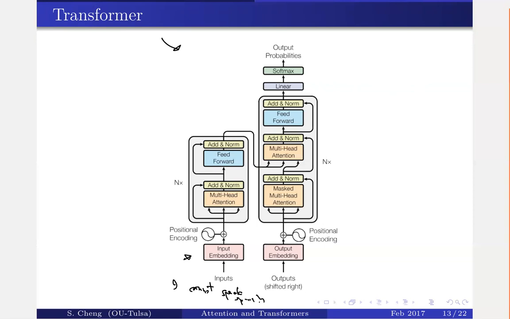How it works is that, similar to an RNN, it will spit out one sentence at a time, so not one word at a time. It will output not the word itself, but